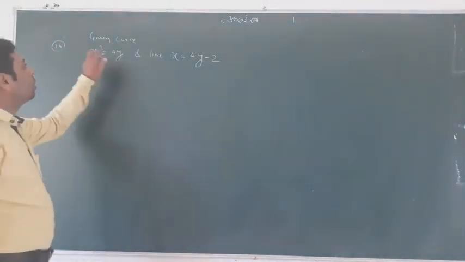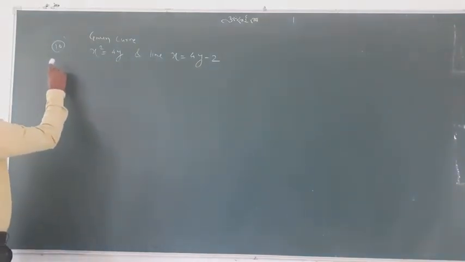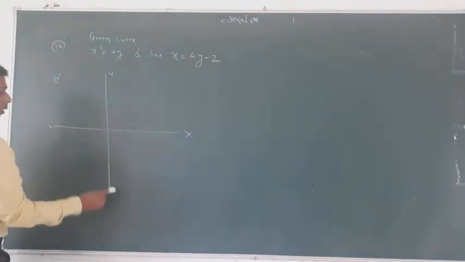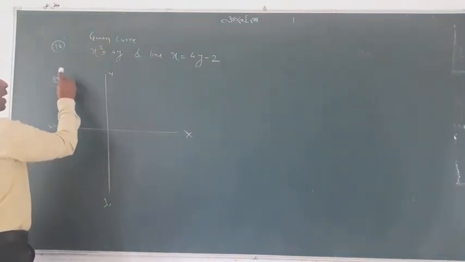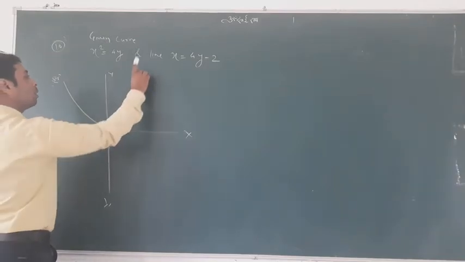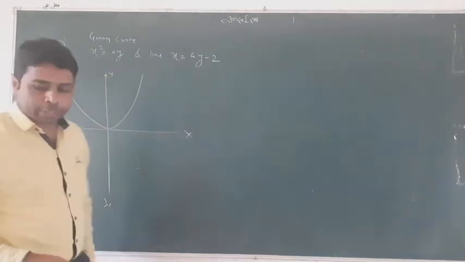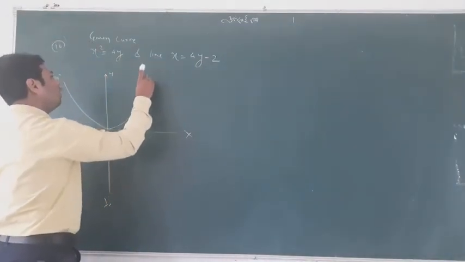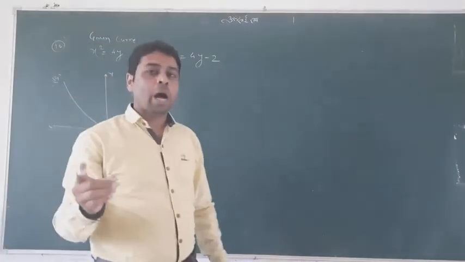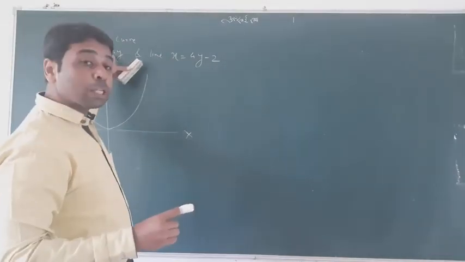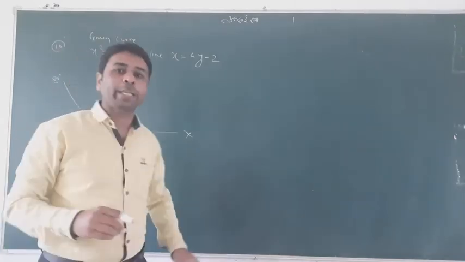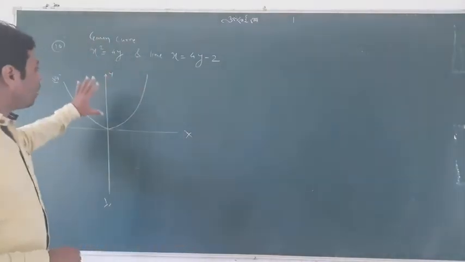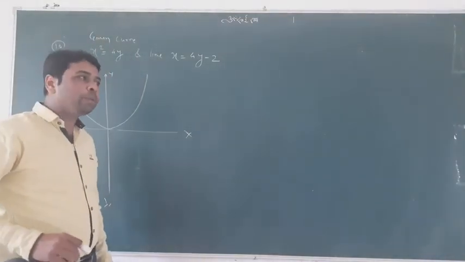Again, an interesting question. x square equal to 4y is none other than the equation of a parabola, and you should remember this, student. No one will tell you about that; you have to remember it on your own. It is the equation of an upward parabola, because it is x square equal to plus 4y. When it is x square equal to minus 4y, it will be downwards. So this is my parabola, but the problem is not over yet.